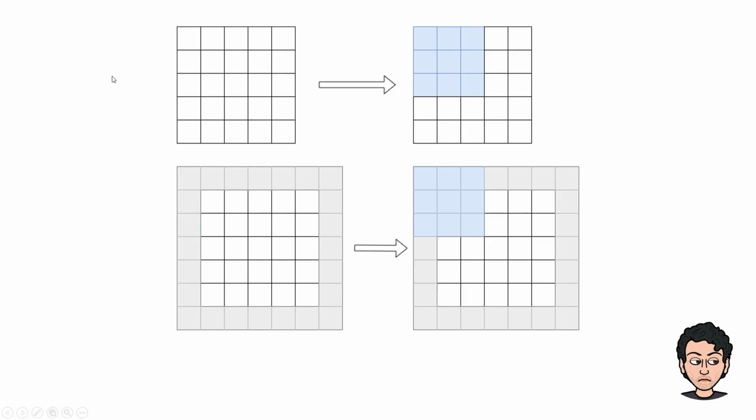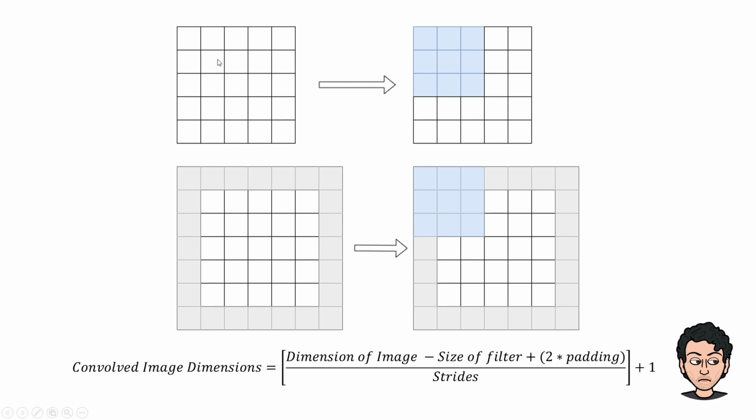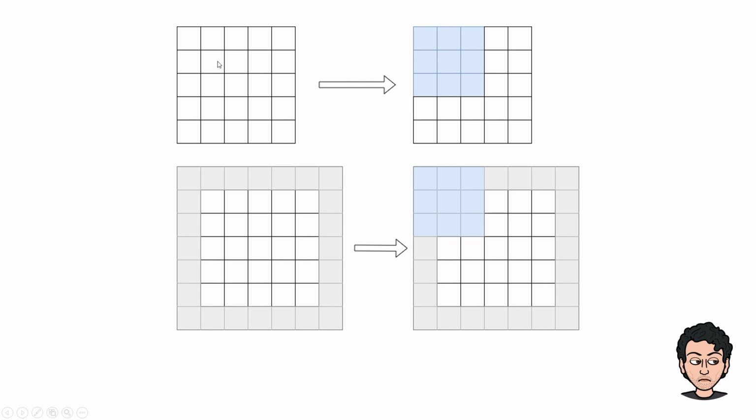Let us assume that this is the image that I have, and I have a feature in the left corner. I apply a standard 3x3 filter on this 5x5 image. But what happens when the filter starts taking strides? Let us assume this pixel, I'm not able to color it, but this is the pixel. When the filter is over here, I have this pixel covered, so I am going to extract the feature from it.